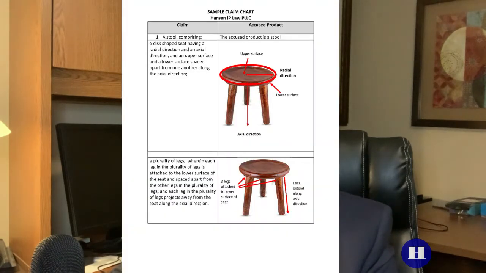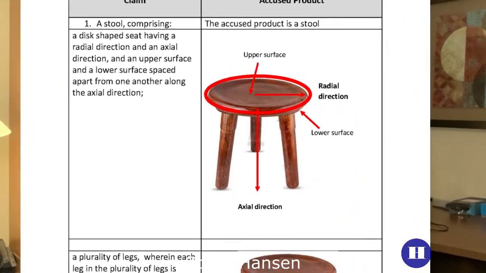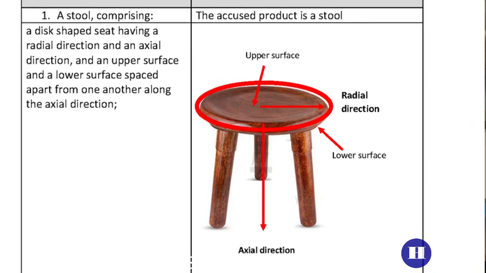So if you look on the chart, I've mapped out where the claim elements are found in this particular stool. This is called a claim chart. If you're ever in a patent lawsuit, this is a type of format that's typically used to demonstrate infringement. But in the first row, I've circled the seat, and that's next to this disc-shaped seat element. You can see in this